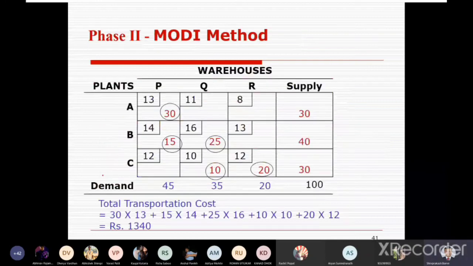Again, we are considering the same numerical, and I am taking the solution from the northwest corner method. This is the final solution of the northwest corner method. Purposely, I am taking it because we have already solved this numerical, and we know that in 3 iterations we get the final solution. But if I am using